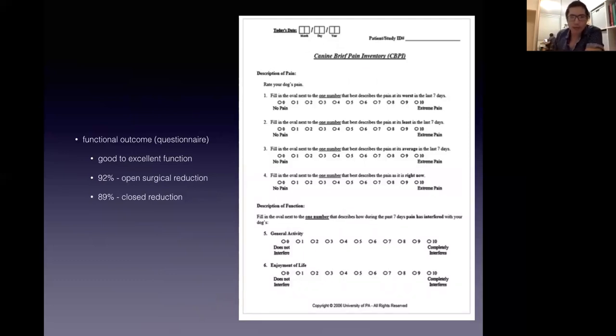Largely, this paper found that the majority of them have a good outcome. So splitting between an open reduction or closed reduction, about 90% of them actually do very well. This was based on questionnaire results, but the majority of them reported pretty good outcomes. So that's usually what I recommend to the owners in terms of either open or closed reduction. 90% of them do pretty well. The remaining 10%, I think,